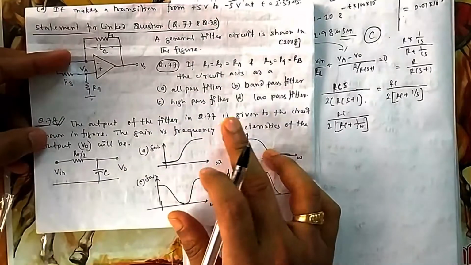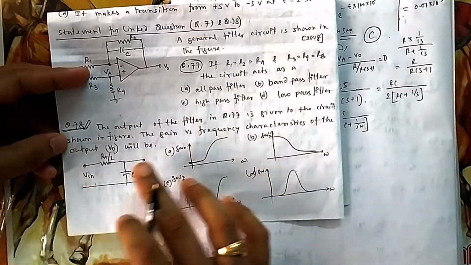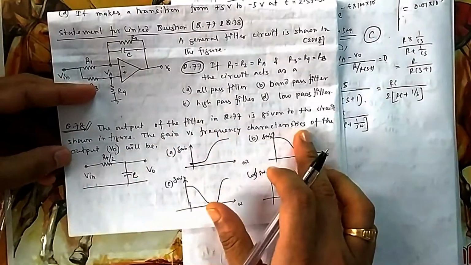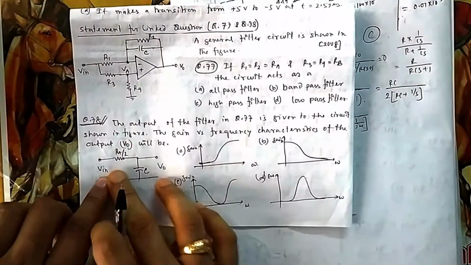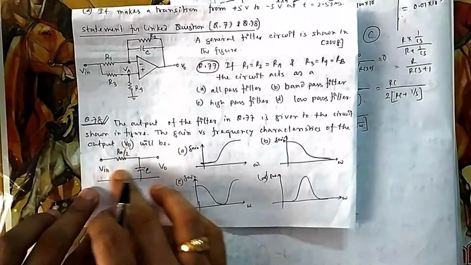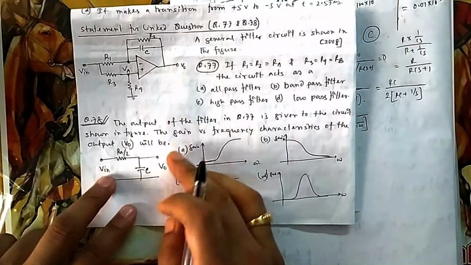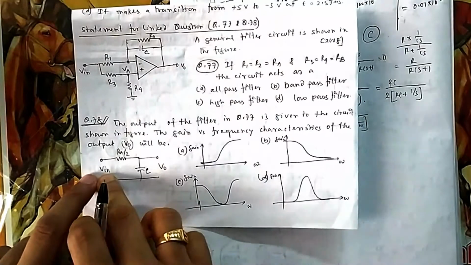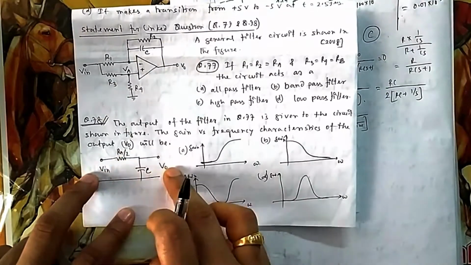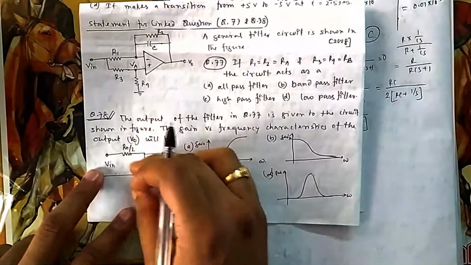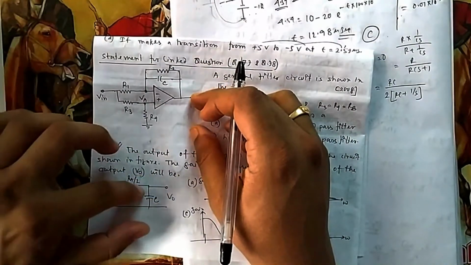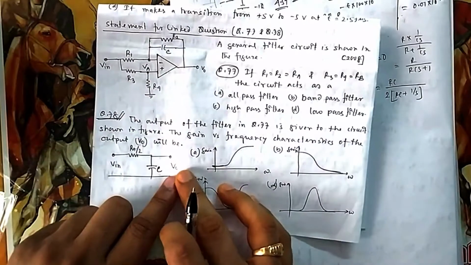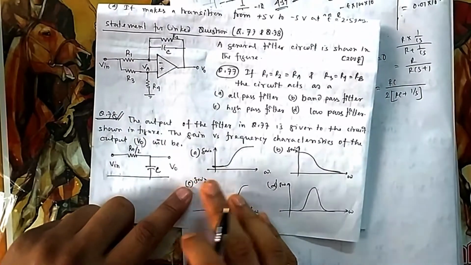So if you come to question 78 now, the output of this filter is given to the figure shown here. The gain of the frequency characteristics, output V0, will be what? This will come here, and finally it will again need a gain. This gain and this gain will be multiplied, because whatever V0 you put here will be multiplied by this gain, and the final output will be here. So you can think this is connected here. Whatever voltage you are getting will be again magnified, multiplied by this gain, and finally you will get this one. So the final gain will be the product of these two.